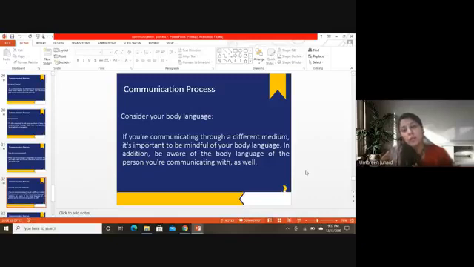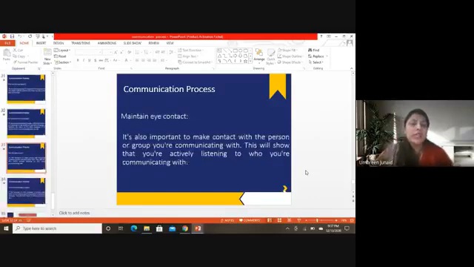So an important and very good key for the communication process to go on is that things must not get stuck. And a key for that is to understand others' body language. Whatever you're saying through your body language, and whatever the other person is saying through their body language, both the listener and the sender must understand each other's body language.